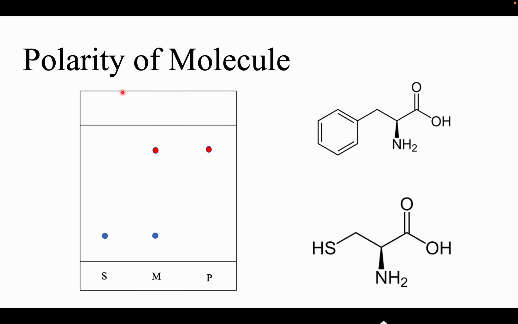A TLC plate is made of a polar compound called silica. Since polar molecules are attracted to polar molecules, a more polar molecule like cysteine will be more attracted to the silica plate and will have a harder time moving up the plate while it's developing. Likewise, nonpolar molecules are less attracted to the silica plate, and the nonpolar molecule will move up the silica plate faster. In general, polar molecules move less up the plate compared to nonpolar molecules which move farther up the plate